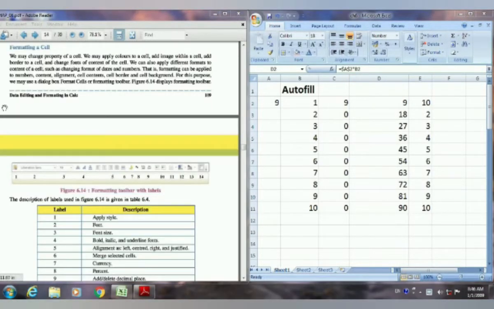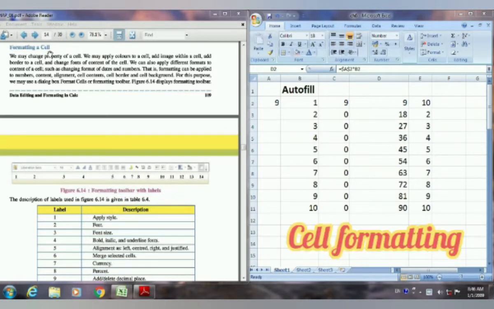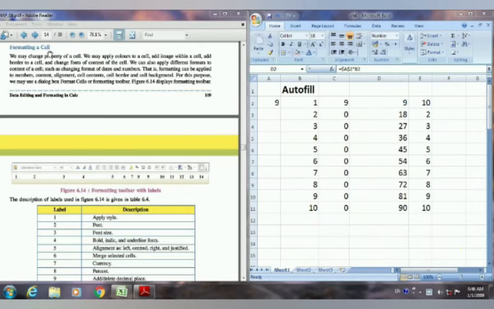So now we will discuss formatting a cell. Formatting means some of the changes we make in our content to make it look more attractive.